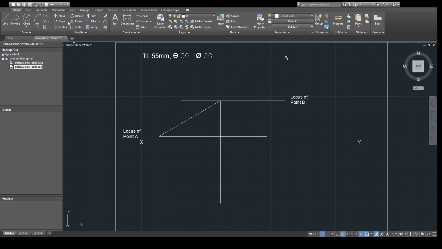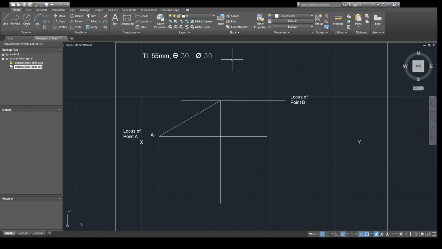So I will name this point. This point I will call AF, and this is not BF. AF, BF is the notation for front view, and AH, BH are the notations we will use for top view. Remember, this is not BF, because BF will come into the picture when the line is inclined to both the planes. Right now we don't have the BF point, we need to find it out.